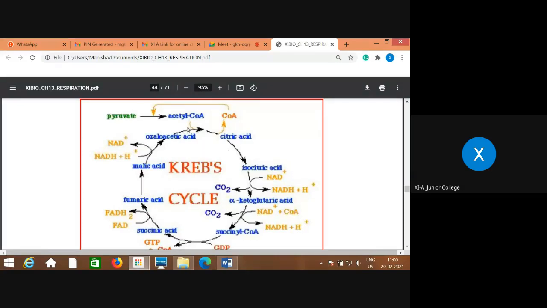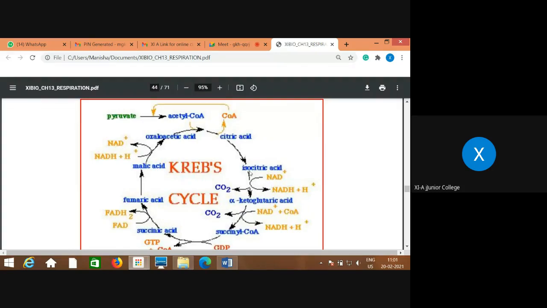Then when it joins with it, it forms a 6-carbon compound, and with removal of water, and then again with addition of water through cis-aconitic acid, it forms isocitric acid. The middle stage is not shown here, that is cis-aconitic acid or cis-aconitate, where there is removal of water, and then here it is addition of water. Okay, so this is also okay. If you write citric acid directly to isocitric acid, that is also fine. Remember this sequence.